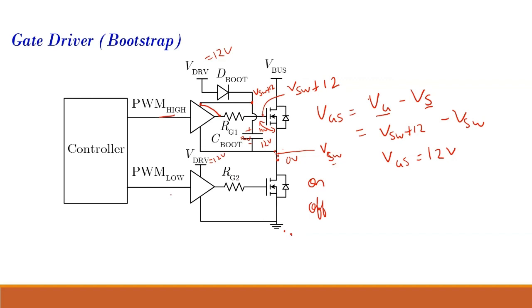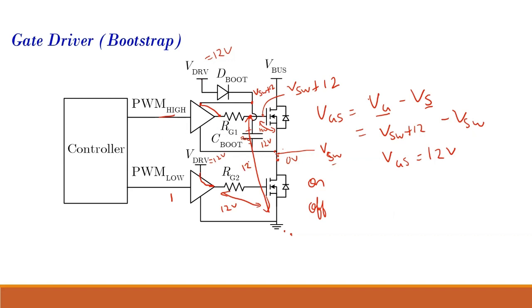So what happens when I give logic 1 over here, then this part gets connected over here. Effectively, I'm connecting 12 volt to the VGS of the MOSFET, and it is turning on. This is simple because my V drive is also referred to the ground. But if I just connect VDRV directly over here, and this bootstrap capacitor arrangement was not there, at this place I will be getting